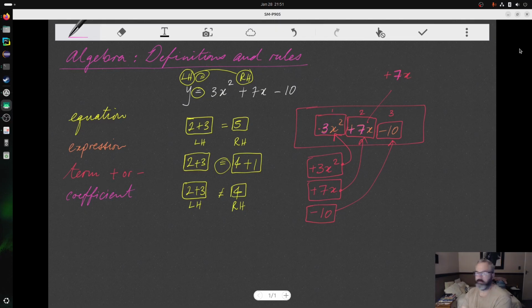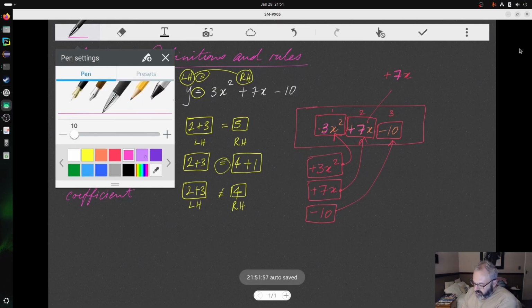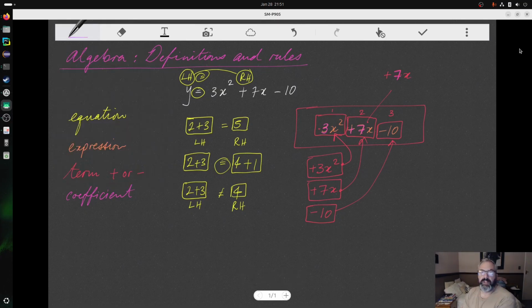Okay, so in very simple terms, if you want to remember it, that's just the number that comes in front of the letter. That's the coefficient. Easy peasy. The next two definitions will be already familiar to you. That is the exponent and the base. Okay, so this I trust has already been covered maybe in grade 9 or some of your earlier years. Easy to know, easy to remember.